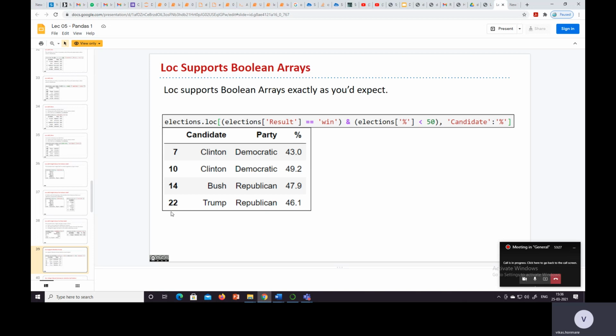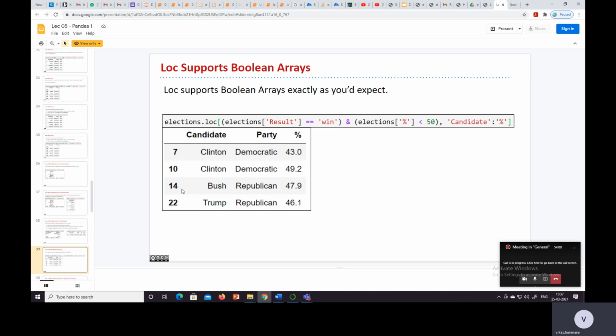So this contains the rows which satisfy this query. The seventh row satisfied, which means the seventh row is a win, and that particular cell has result win and election percent less than 50. The 10th is also the same: Clinton won the election, and his percentage was 49.2.